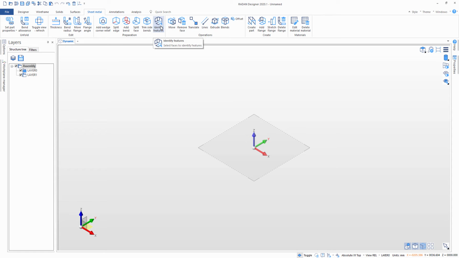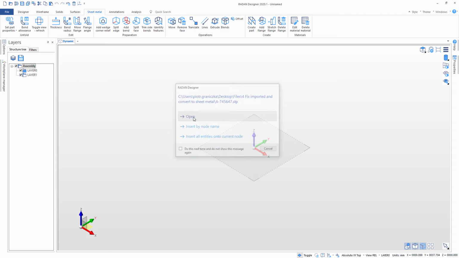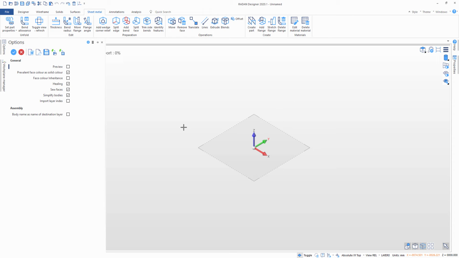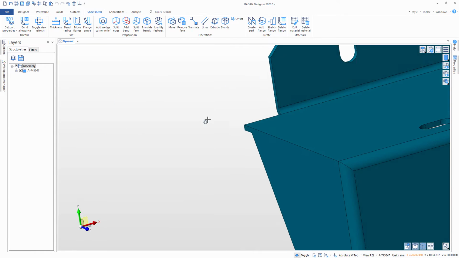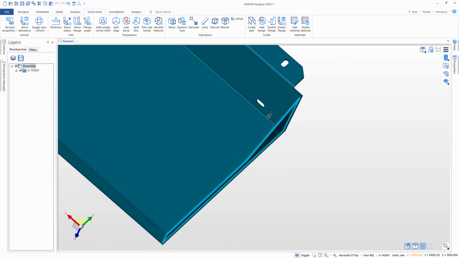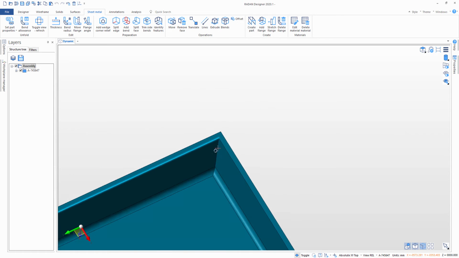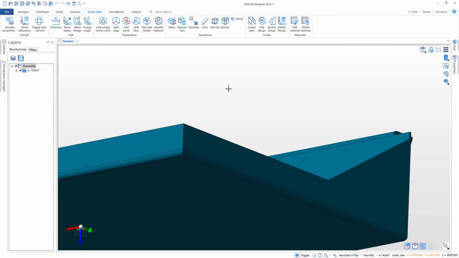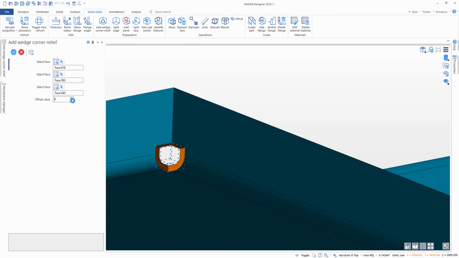Preparation panel is also useful whenever the user wants to fix an imported model. So I'll drag and drop a model which is not unfoldable, and I'll fix it. As you can see, this is again a raw geometry, and this is just a full solid. So what I can do, I can use exactly the same technique I used a couple of minutes ago, and